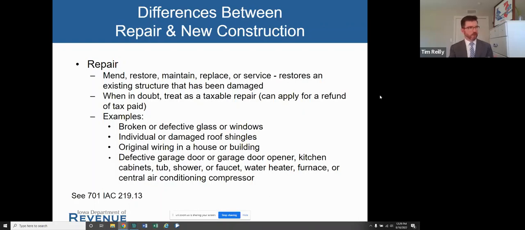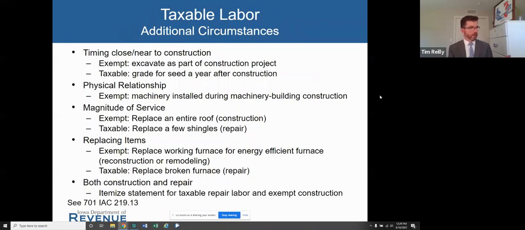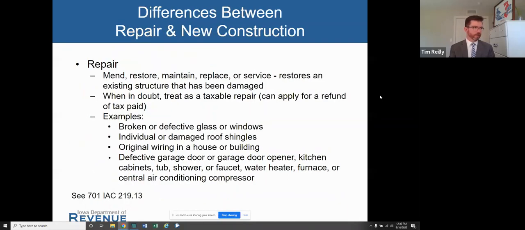As you can see, I'll go back one slide real quick. I didn't highlight this one specifically, but that third bullet, magnitude of service, kind of highlights the roofing example. If an entire roof is being replaced, it's considered construction. If it's just part of a roof, individual shingles, etc., that would be a repair. So that again is highlighted here on this slide as well.